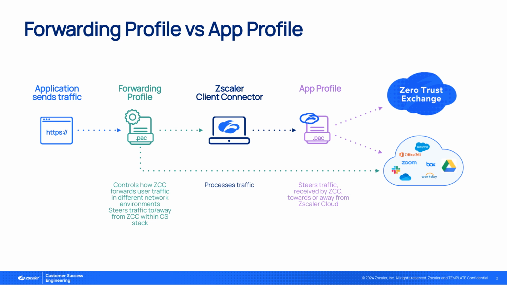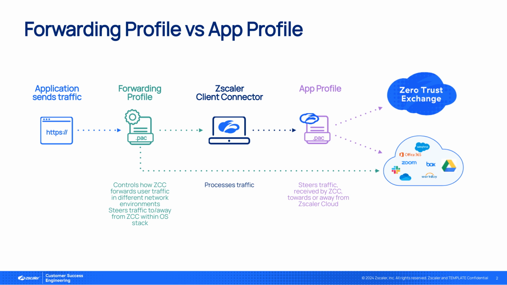Regardless of the forwarding method chosen, Zscaler Client Connector has two profiles that must be configured, a forwarding profile and an app profile. At a high level, the forwarding profile controls how ZCC handles user traffic when in different network environments, and steers traffic to or away from the client connector itself within the OS stack. The app profile then makes routing decisions for traffic received by ZCC, steering it towards or away from the Zero